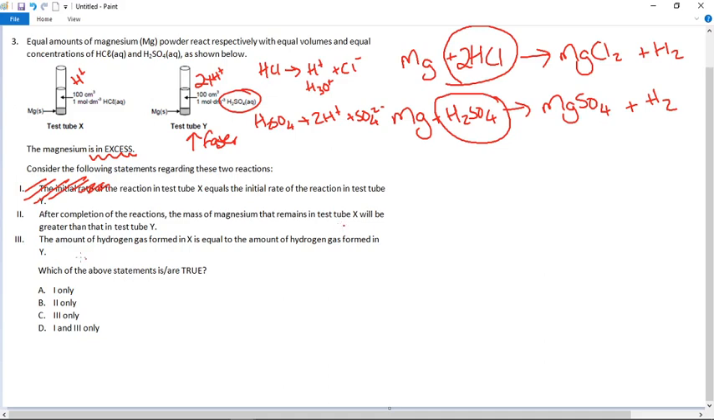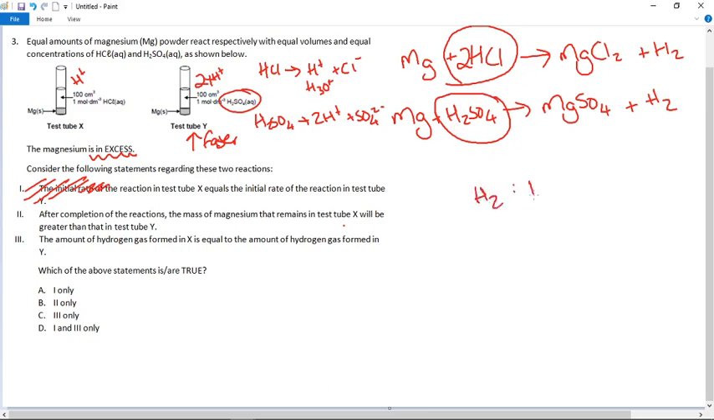Okay, I'm not sure about this one. Let's check question 3. The amount of hydrogen gas formed in X is equal to the amount of hydrogen gas formed in Y. No, this is not going to happen because of the ratio here of hydrochloric acid, if we look at the hydrogen gas